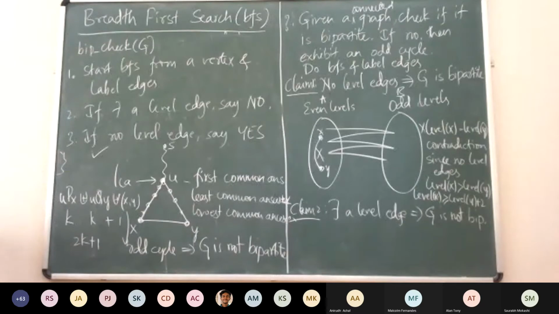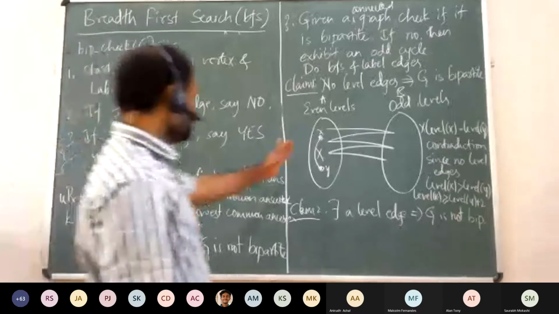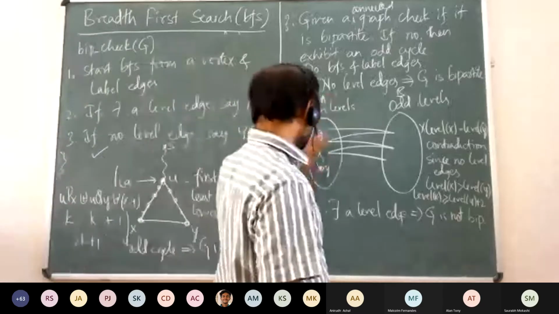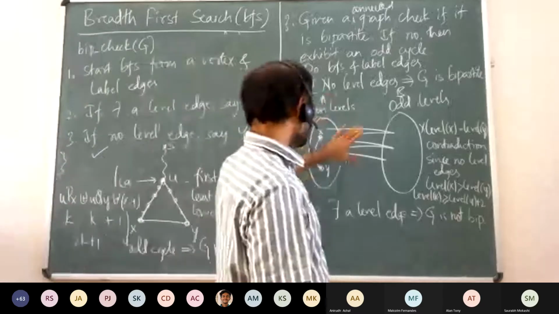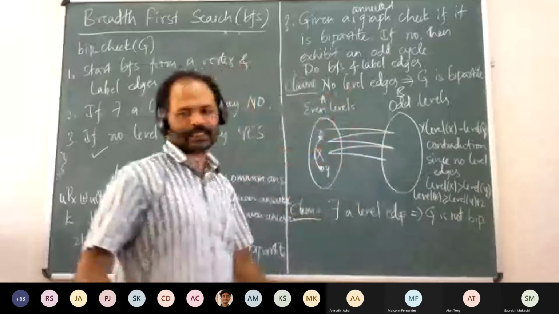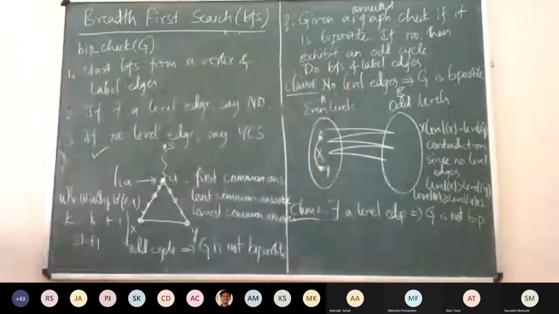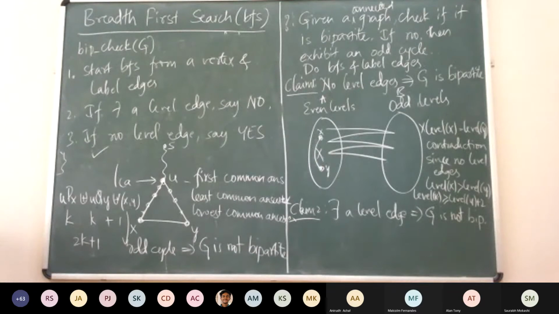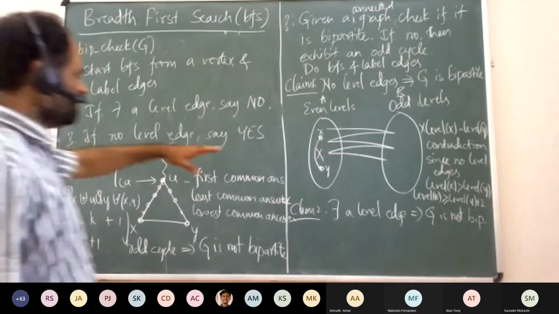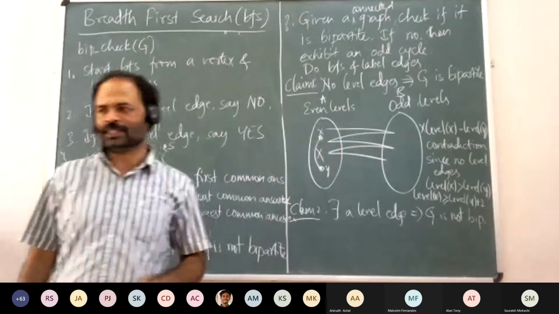Or in other words, you need to go back to the proof of bipartiteness, right? We have definitely proved that there doesn't exist any edge between two vertices here and here. These two are independent sets, right? Which means that it is bipartite. Now, if you believe that bipartite graphs do not contain any odd cycle, then the proof is done. If you don't believe it, then we need to go back and see why it does not contain any odd cycle.